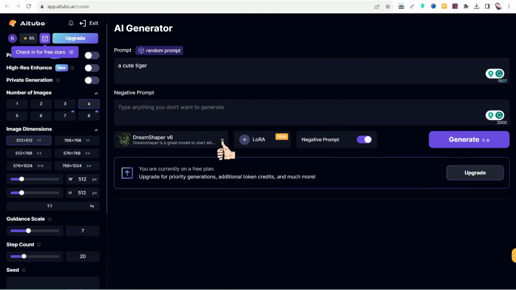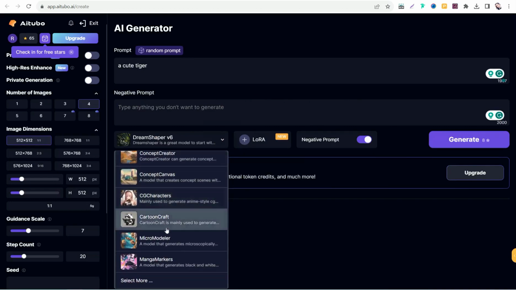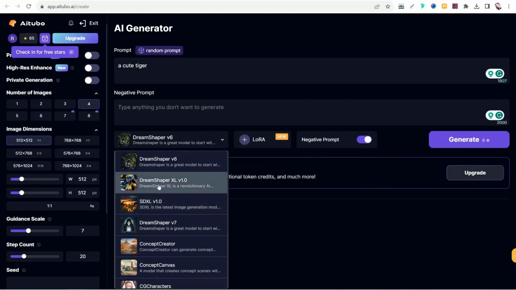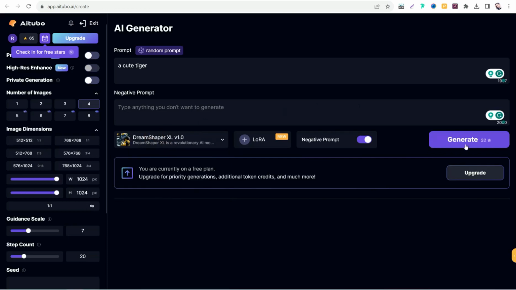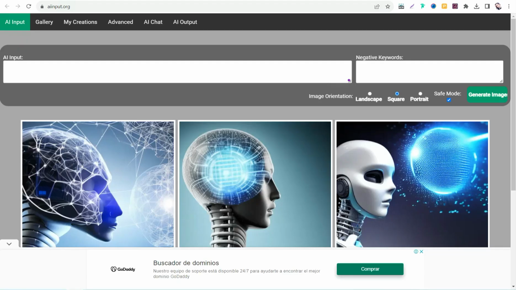Then you can select from the drop down menu the model you want to generate with. Okay, for example we can select this one and click over this button generate. Just a couple of seconds. Here you can find some amazing pictures that compete with Midjourney for generating high quality images. As you see, amazing, isn't it? So the first website for today, that is Aitubo.ai, and the second website in our today's list is the so-called